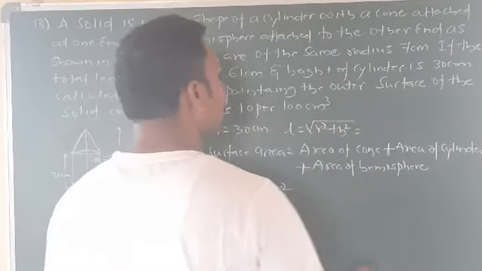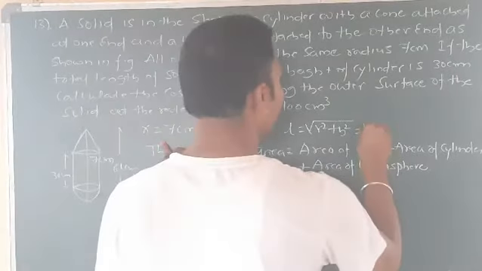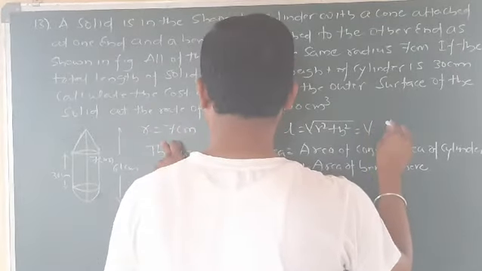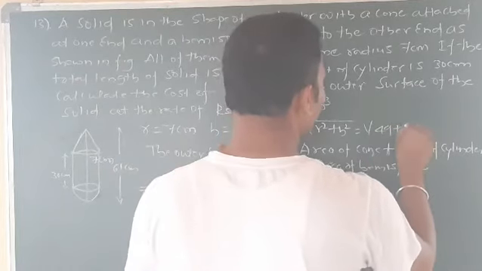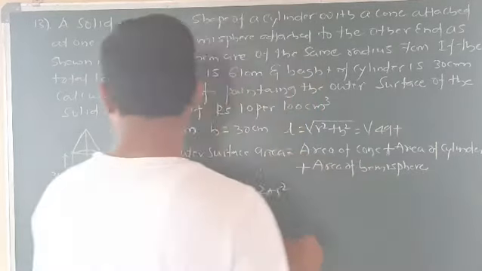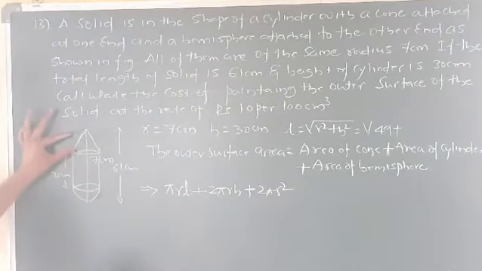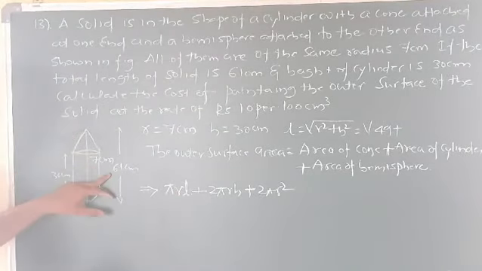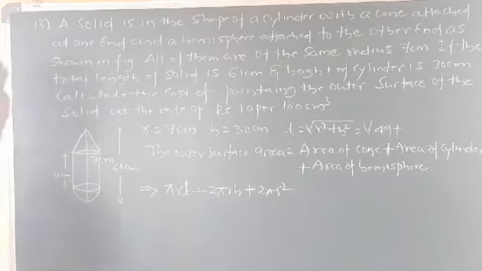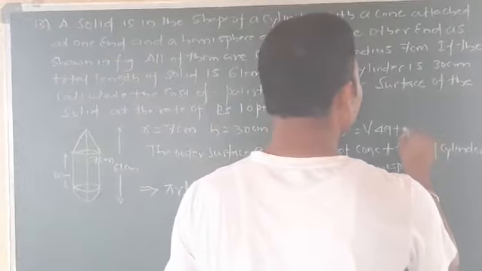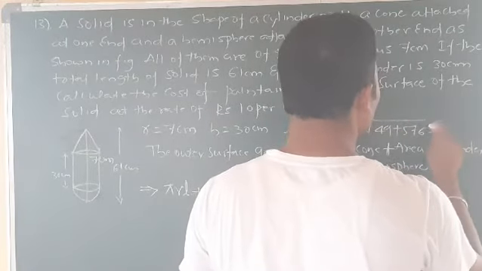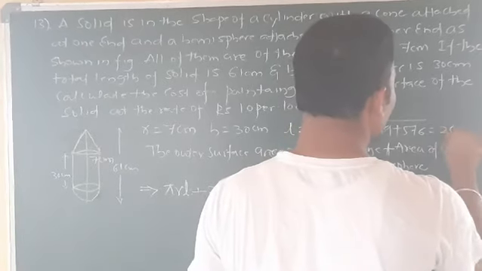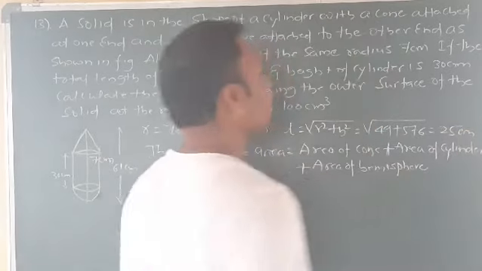So we get r = 7. 7 square, we know it very well, is 49, plus h square is 30. It is the height. So L we need to calculate. Now we have 61 minus 7, so minus 30, so we'll get 24. So 24 square is 576. Now this becomes a total of 625, so we'll get 25 centimeter.